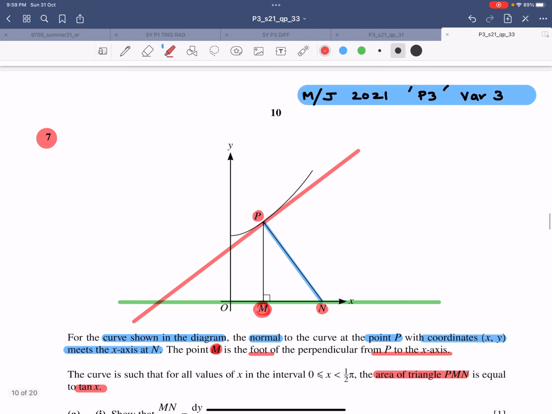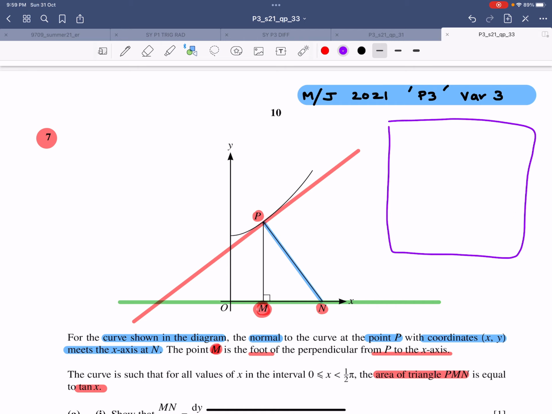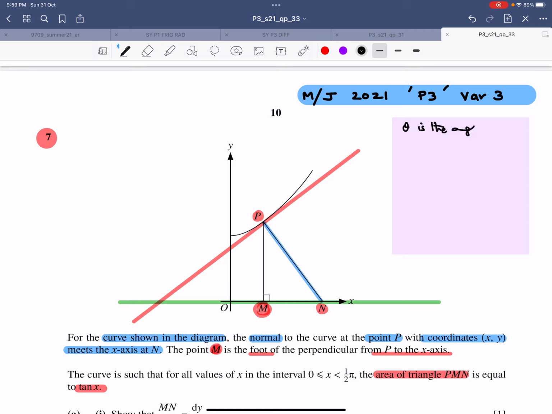What background knowledge do I need? So let me draw a box and let me first fill in all the necessary pieces of info that I might be coming across. First thing first, if theta is the angle that a line makes with horizontal, so in such a scenario, tangent of theta equals m, where m is the slope of the line. That is the first piece of info.